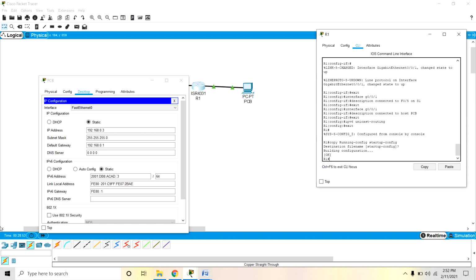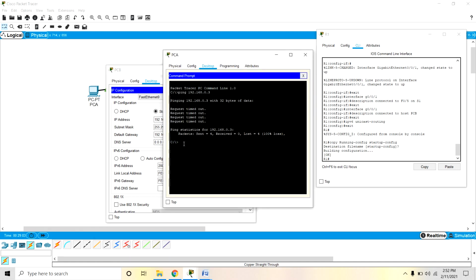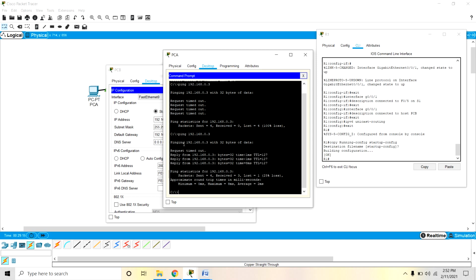And now ping PCB from the command prompt window on PCA. The same procedure you have to follow, and you can open PCA and ping. Okay, right, we have received the reply from PCB.